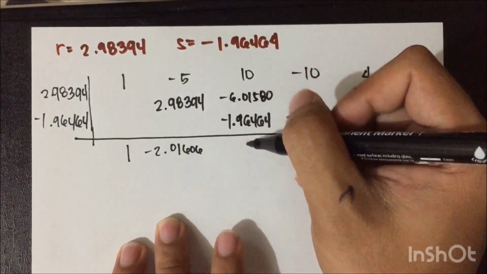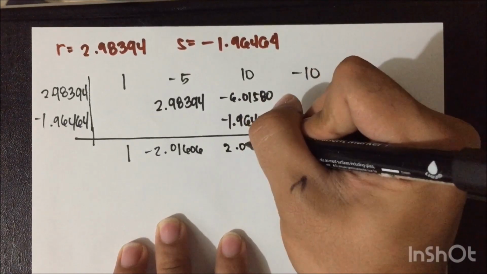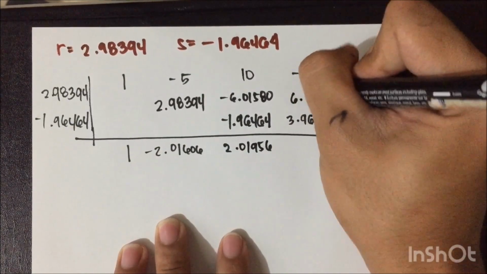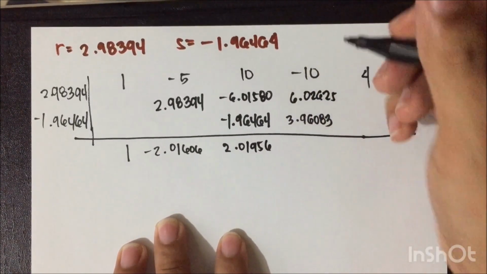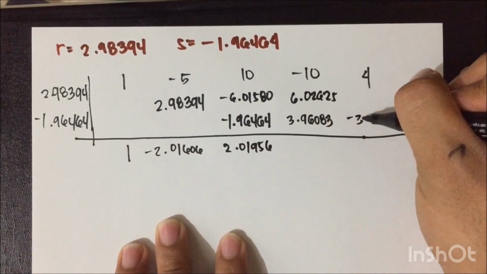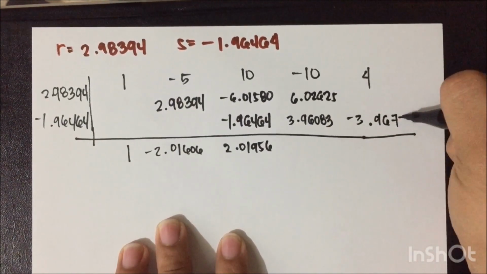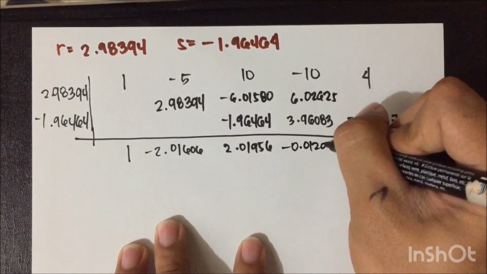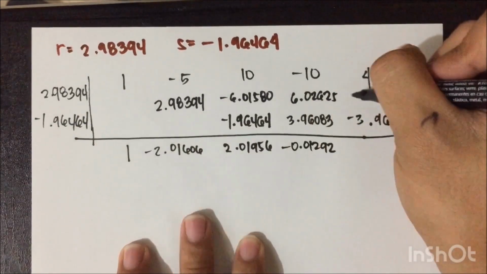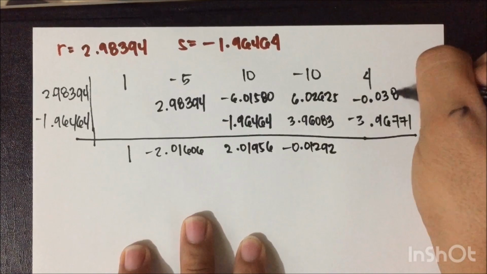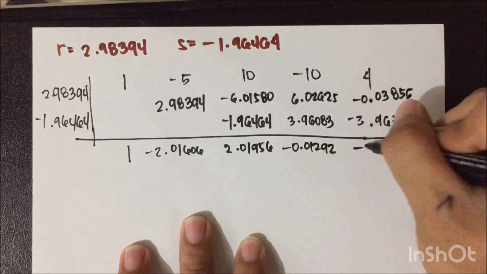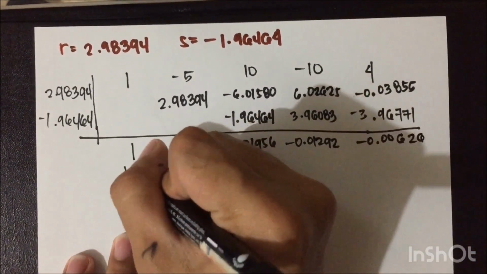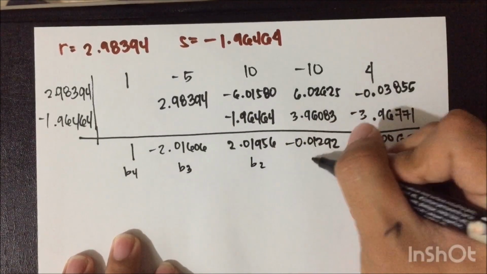So the sum of these values is 2.01956 times the value of R, we have 6.02625 times the value of S, we have negative 3.96771, and the sum of this is negative 0.01292. Lastly, times the value of R, we have negative 0.03855, and the sum of this is negative 0.00626, and again we label this as B sub 4, B sub 3, B sub 2, B sub 1, and